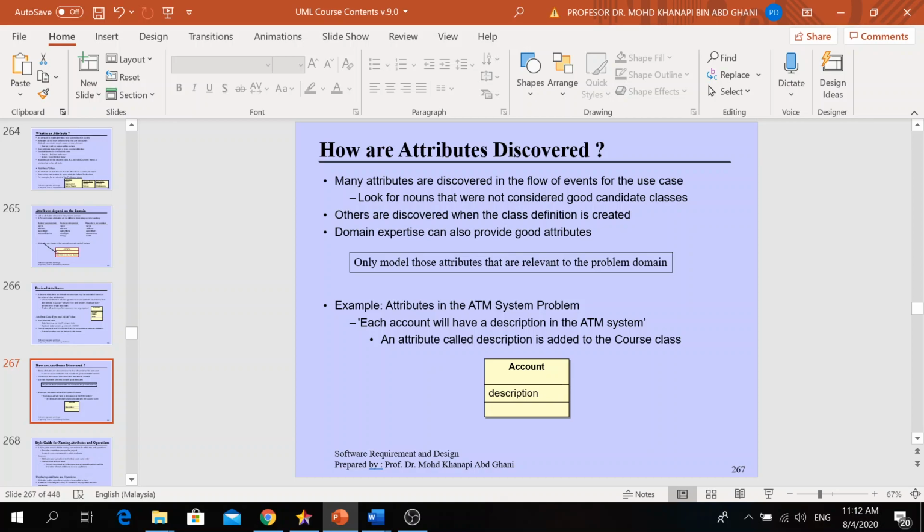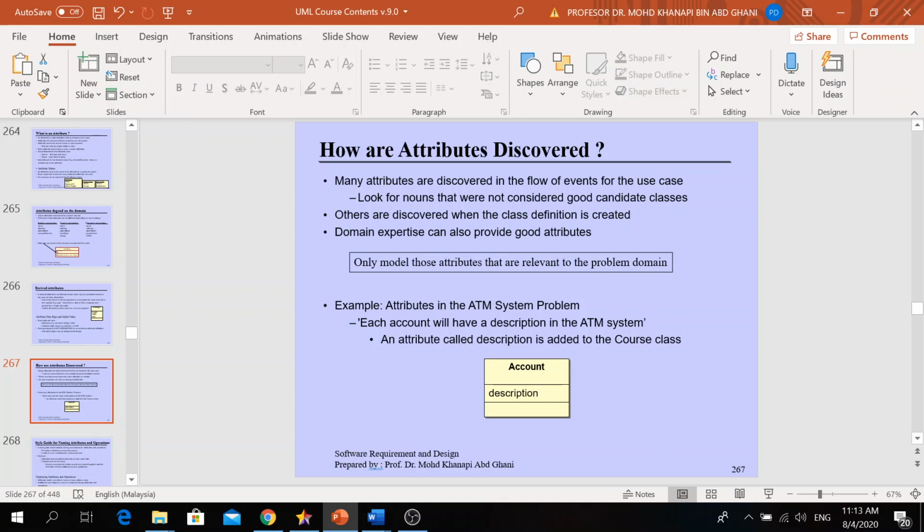The best formula to discover attributes is to understand the business process of the system that you want to build. Like I said just now, if you develop a healthcare information system, you need to know the healthcare business flow thoroughly. That's why you need to have good skills to do the analysis of the system.